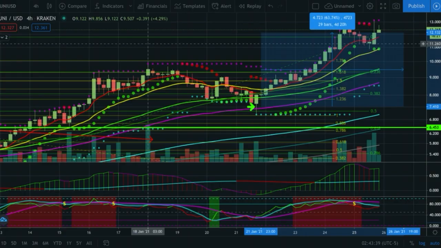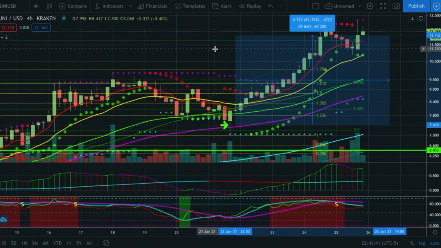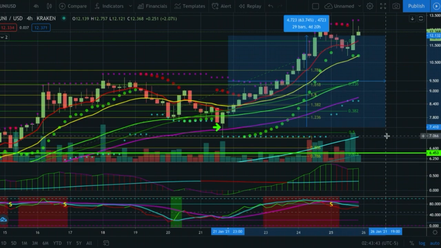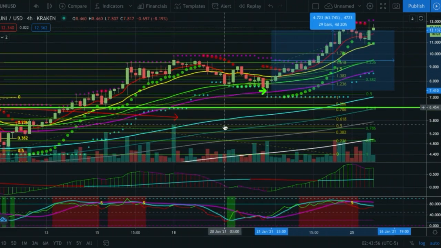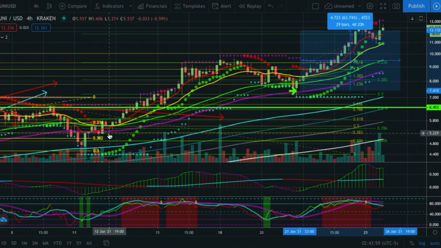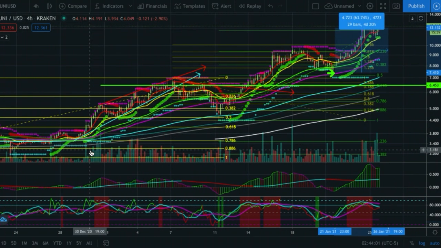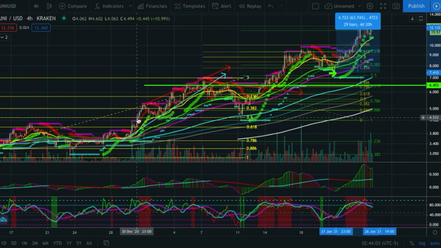Let's go over to Uniswap next. Uniswap was one of the ones we talked about going into the weekend. I told you guys I took a long on Uniswap at $7.40. Looked extremely well. This thing has been staying extremely bullish. Basically took the buy after we saved the 89 moving average. I had previously bought when we broke out from our descending triangle. I believe it was right back here at roughly 450. So we broke out from that, came back down, retested it, second chance to accumulate here.